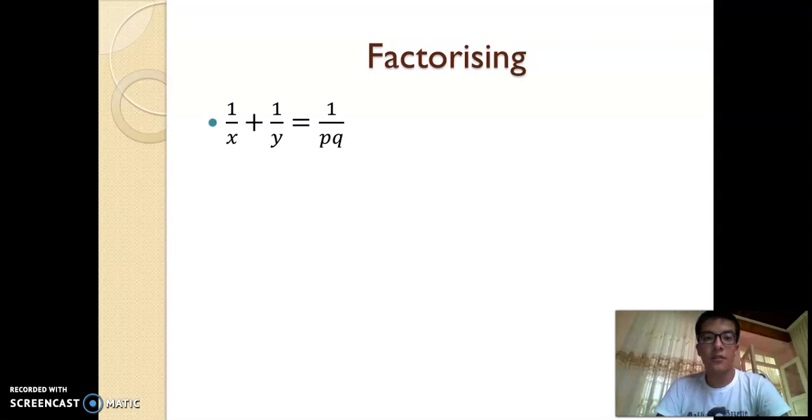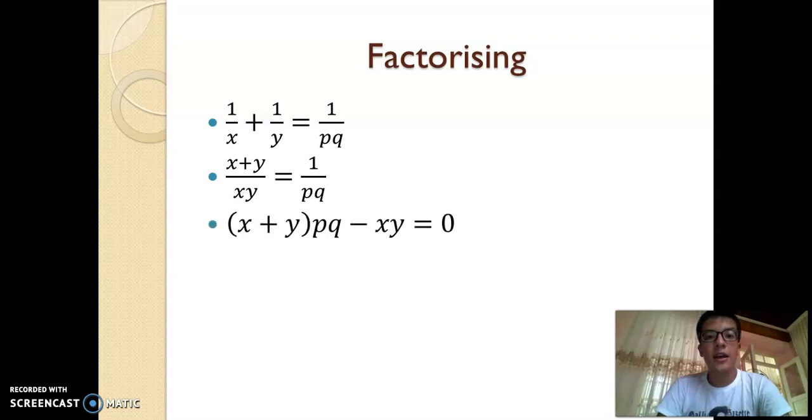Factorizing, we first write down the equation itself, and then we find the common denominator for the left hand side of the equation, which is x multiplied by y, and we write it down again, and then we use proportion and find out that x plus y multiplied by pq equals x multiplied by y, and we will write it in one side of the equation, and to the right hand side we'll write 0,